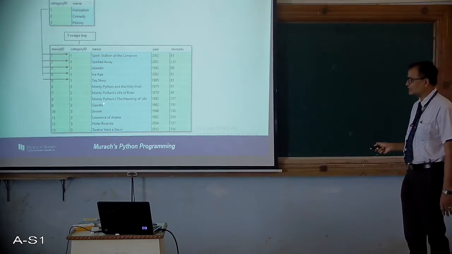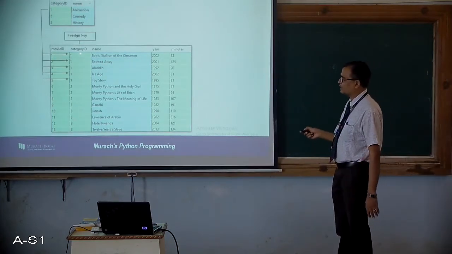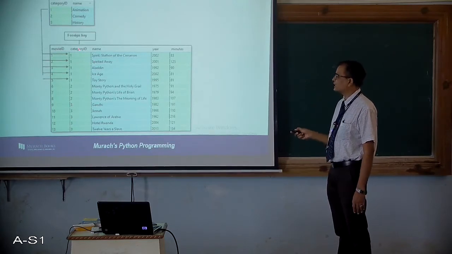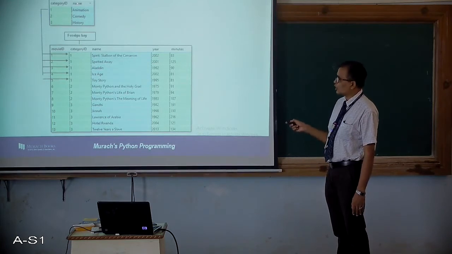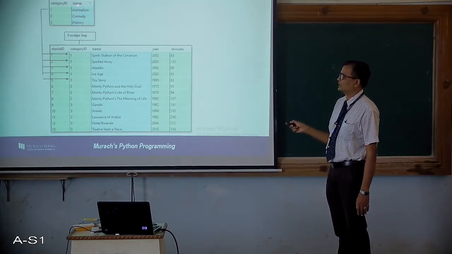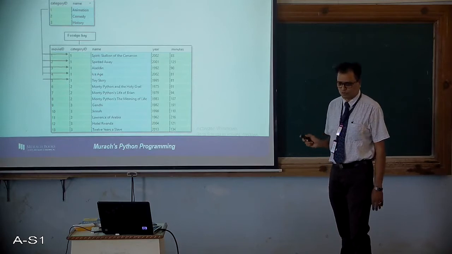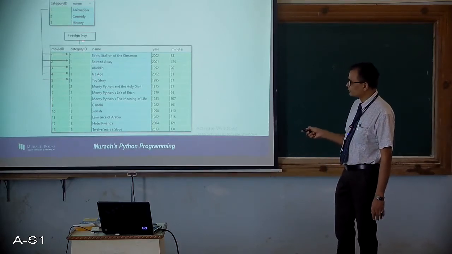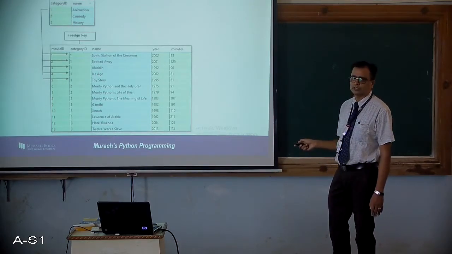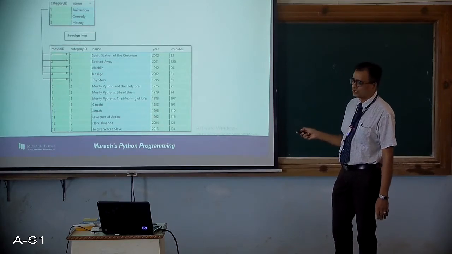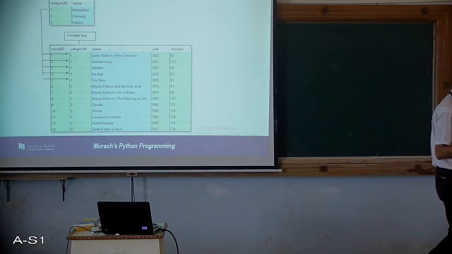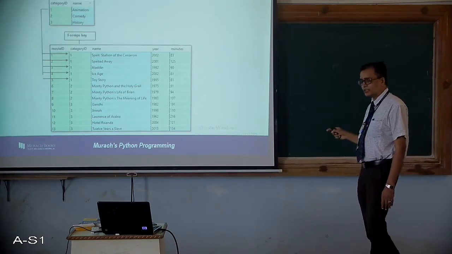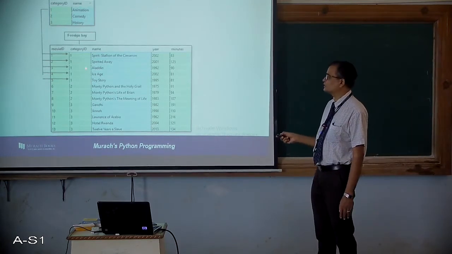So we have one primary key for this table, another primary key for this table. One interesting thing that you can observe here is the category ID, which is the second column in the movie table, is being referred from the category ID that is available in the category table. So now such an attribute which is getting referred from some other table is called a foreign key. So the foreign key is the one which doesn't exist as a primary key in the table that you are in, but it is a primary key of some other table.